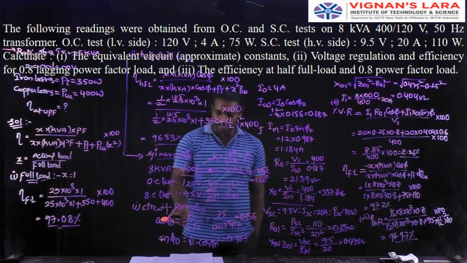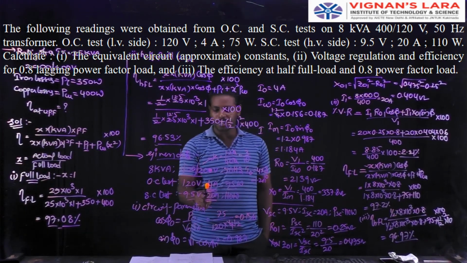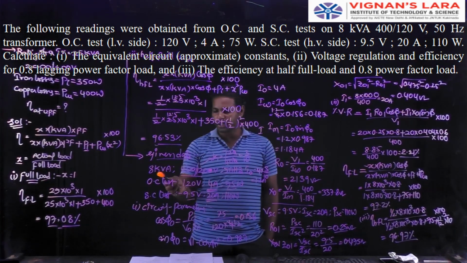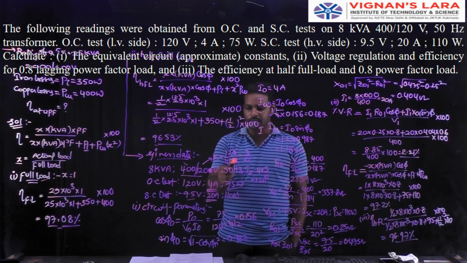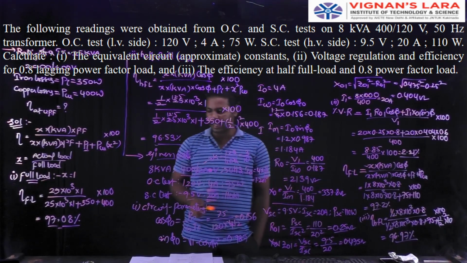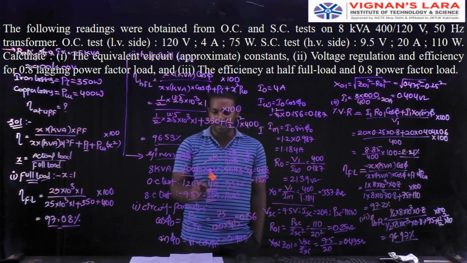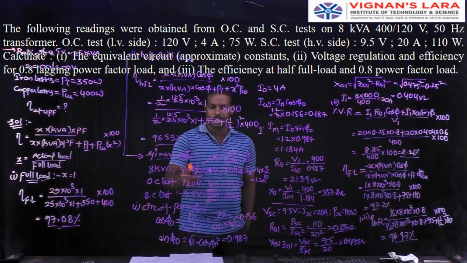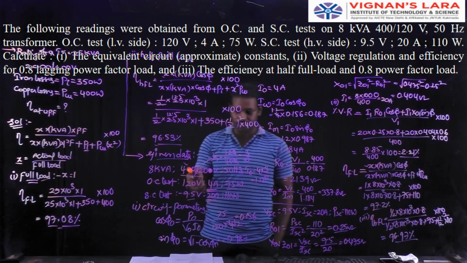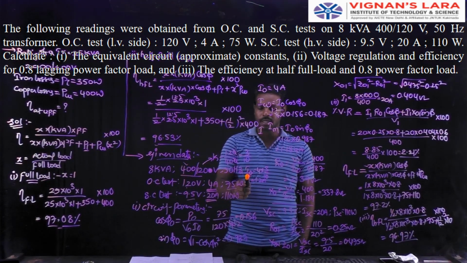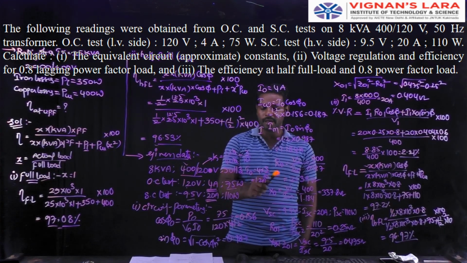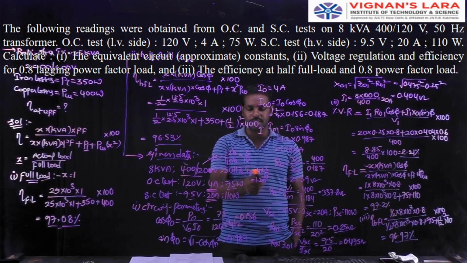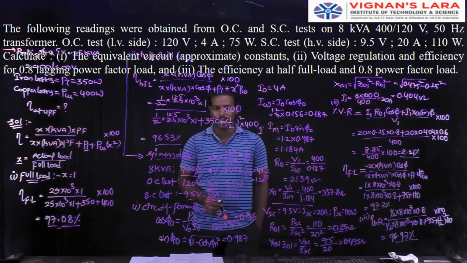So first of all, we can find out the given data, the circuit parameters. Here the 4 amperes does not represent the no load current. Why? Because the transformation ratio of the transformer is equal to 120 by 400, which is 3 by 10. The open circuit test is conducted on the LV side, which is the secondary side, but the circuit parameters exist on the primary side, so it has to be transferred to the primary side. So I naught is equal to 4 into 3 by 10, which is equal to 1.2 amperes. The no load current is 1.2 amperes.